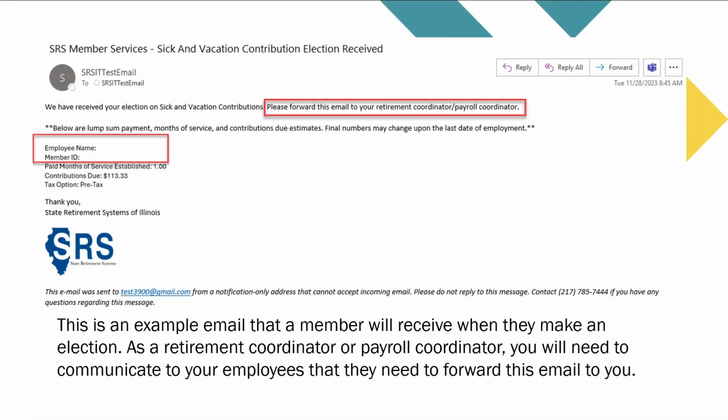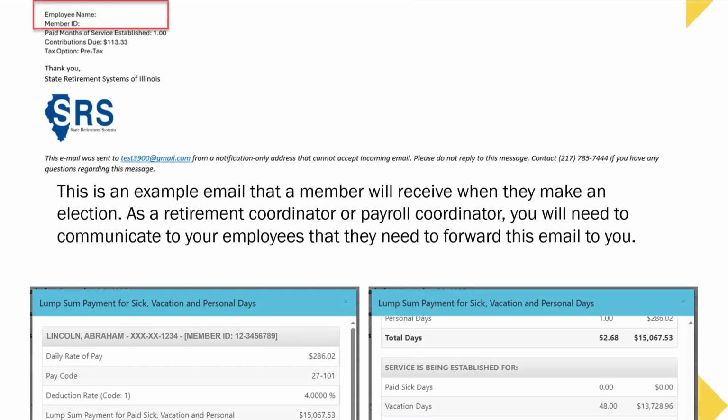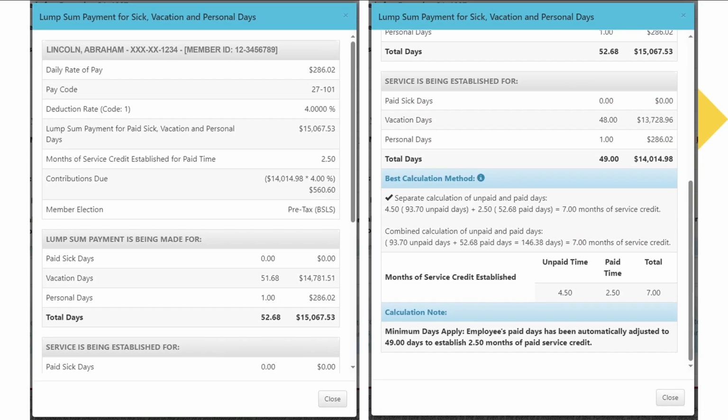This is an example email that a member will receive when they make an election. As a retirement coordinator or payroll coordinator, you will need to communicate to your employees that they need to forward this email to you. So again, this is a summary screenshot of how this transpires. This person is turning in